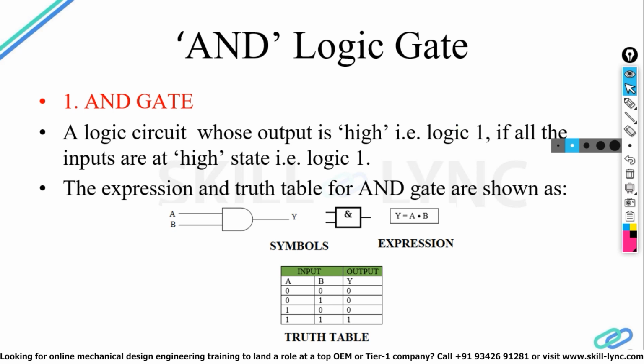And if I say you have to represent the AND gate in terms of switches, then we can simply say that when two switches are connected in series, it will act as an AND gate. It may be a 2 input AND gate, a 3 input, a 4 input, a multi input, or a 6 input AND gate. For a 4 input AND gate with A, B, C, D, Y equals A into B into C into D. A 3 input AND gate will be A, B, C.